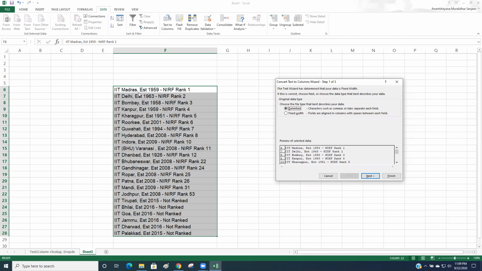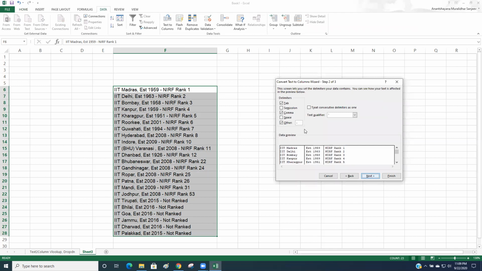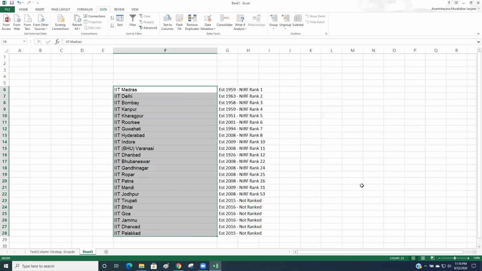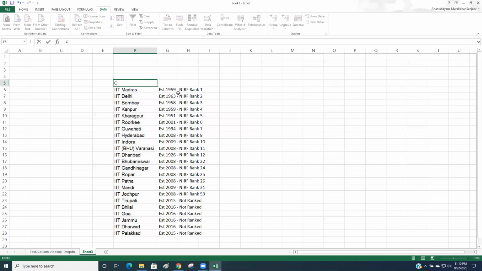Here you see the comma is a common delimiter to split the college name and the second part of the text. Click on next, and then you use the comma. Can you see here, this got split. Click on next and finish it. Here you got the college name, and just enter the header, college name.